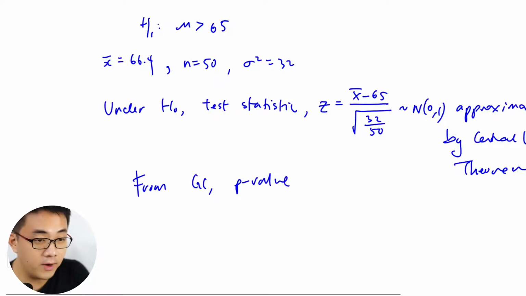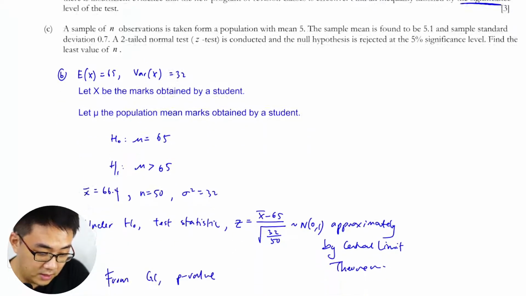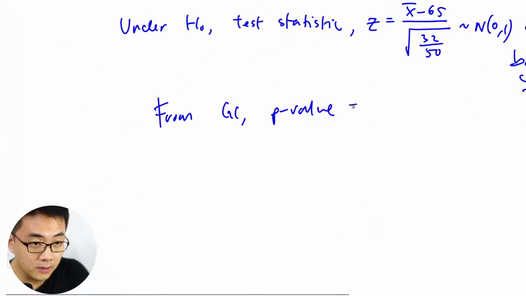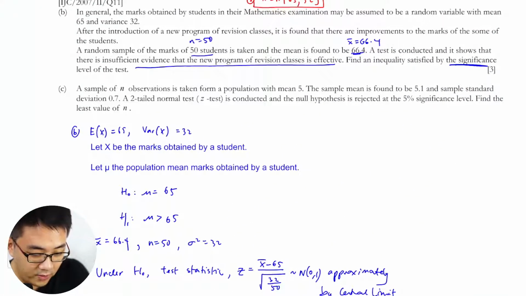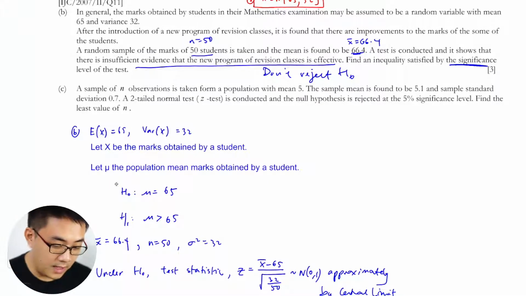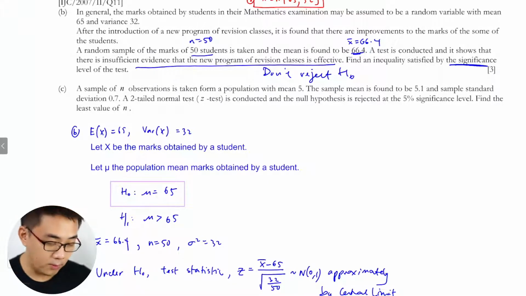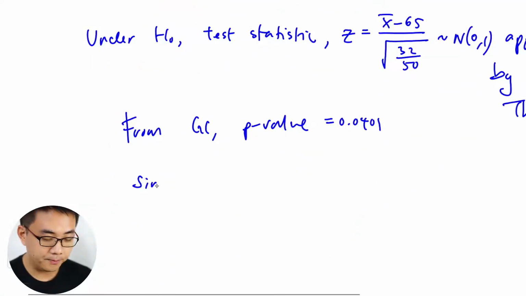Because you are asked to find the range of alpha, right? Level of significance of the test, p-value will just be 0.0401. If there is insufficient evidence to say that it's effective, meaning you don't reject H0, right? You stick to the old guns, meaning you stick to the previous result. This is what you want. So since H0 is not rejected,